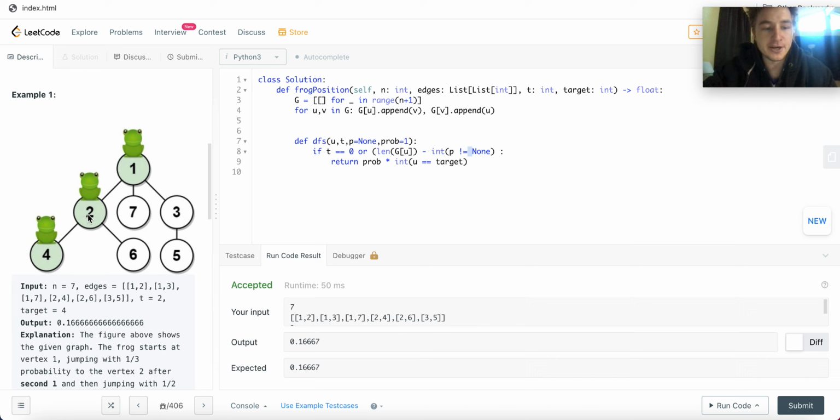So when you're at this node, the length of the graph is 1. The number of children you have is 1, because technically you could go to 2, but you subtract 1 for the fact that your parent exists, so you can't traverse your parent. Because p not equal to none means that my parent exists, so I can't traverse my parent, so effectively I have 0 children. So if that's less than 1,